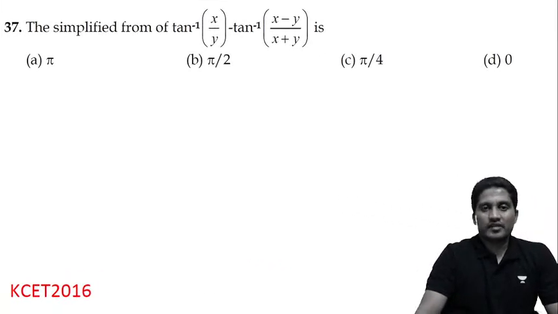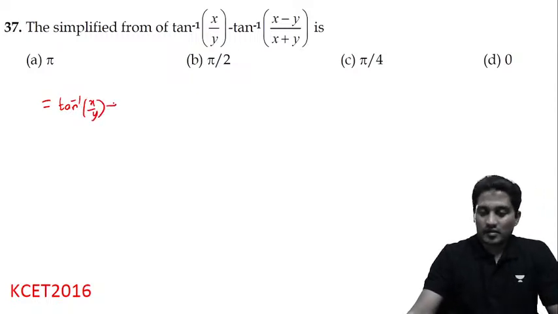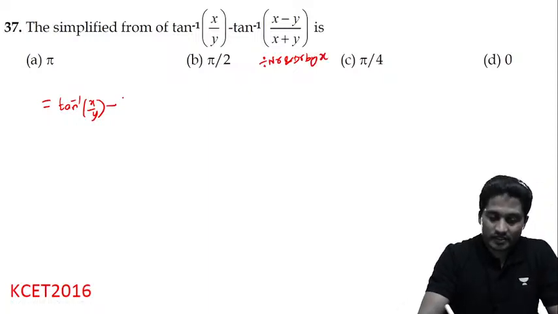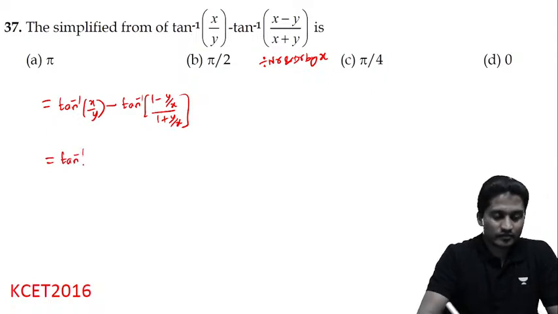The simplified form of tan inverse of x by y. There's a similar question in, I guess, no, this is same as NCERT MCQ only. This is equal to tan inverse of x by y minus, if I divide numerator and denominator by x, this becomes tan inverse of 1 minus y by x divided by 1 plus y by x. Okay, now this can be written as tan inverse of x by y minus,